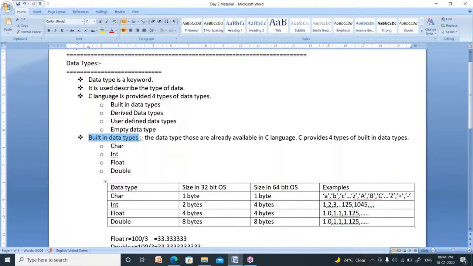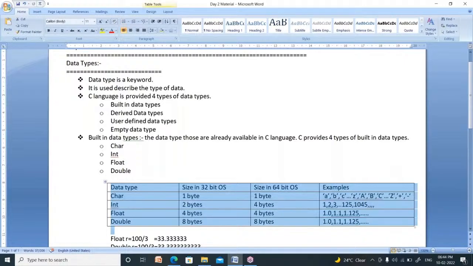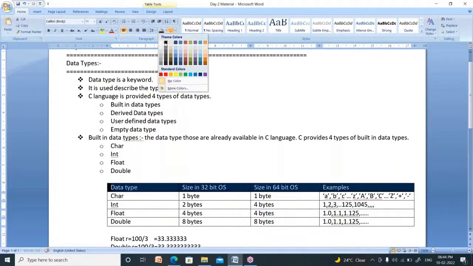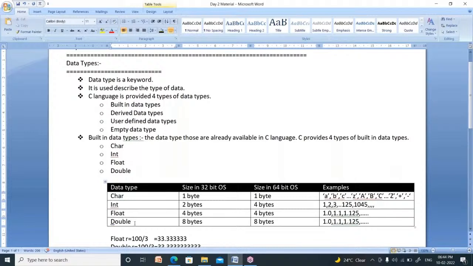I represent the data types in detail using this table. These are the data types available in C: character, integer, float, double. Here I represent the size in 32-bit operating system as well as in 64-bit operating system. Recently our systems have 64-bit operating system. Some old systems have only 32-bit operating system.